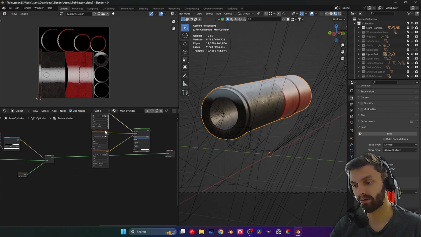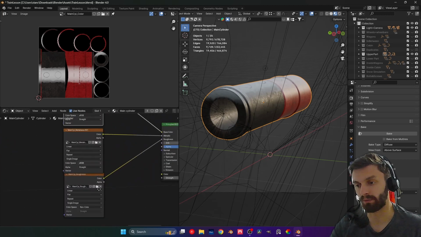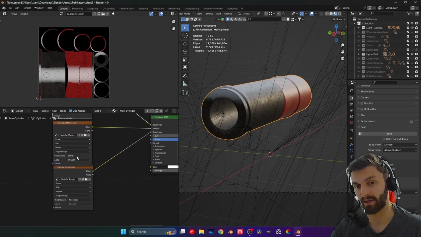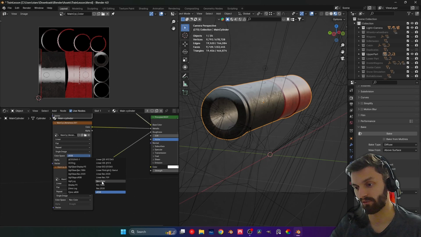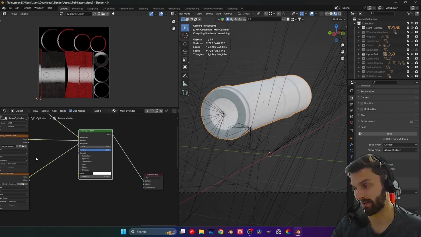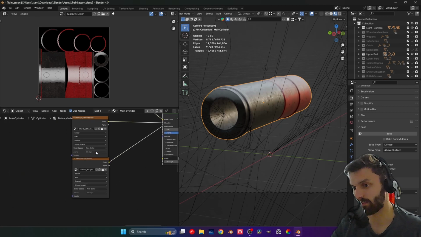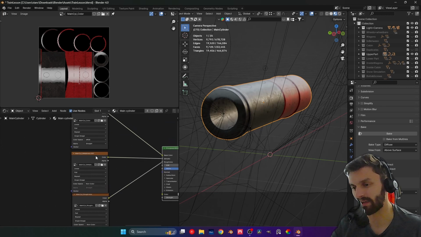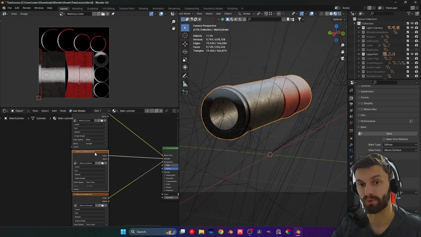Oh, by the way, the metal and the roughness, when you put them in here, as you see, the metal is sRGB. That's wrong. You have to turn this to non-color data. And why is that? Well, this is the one with metallic with non-color. This is the one with RGB. And if you don't see a difference, it might be because it's already black and white because we've created it. But